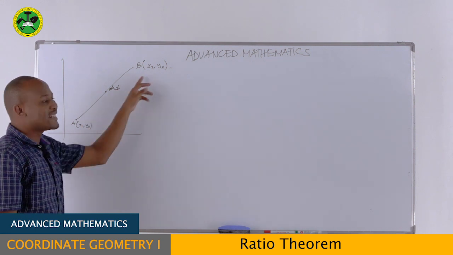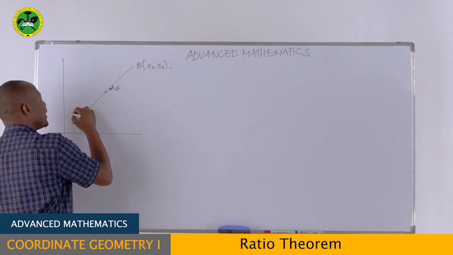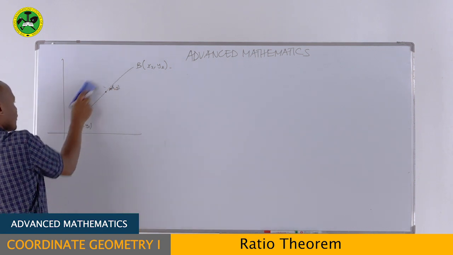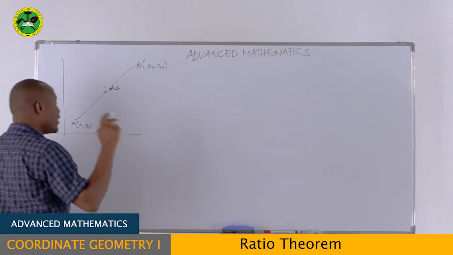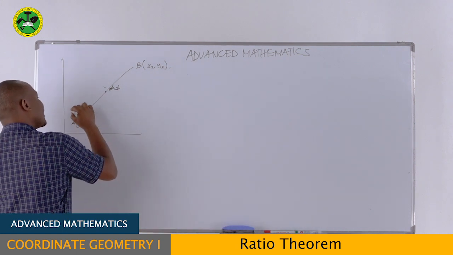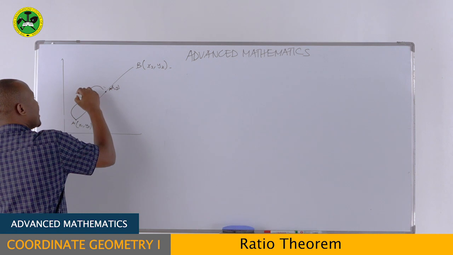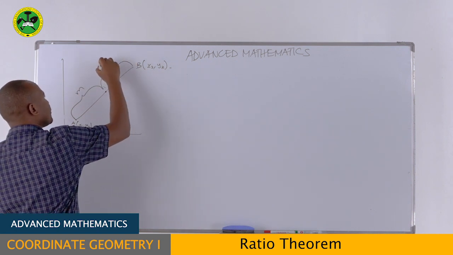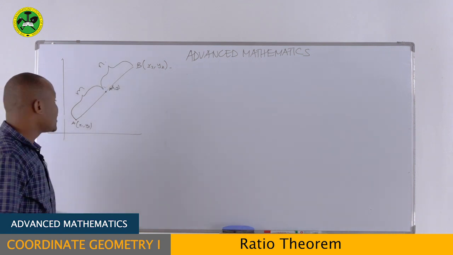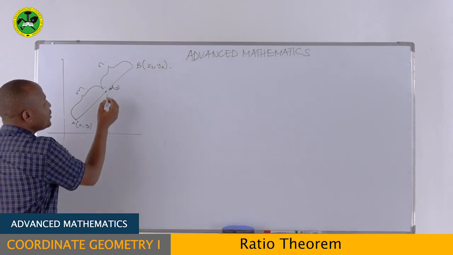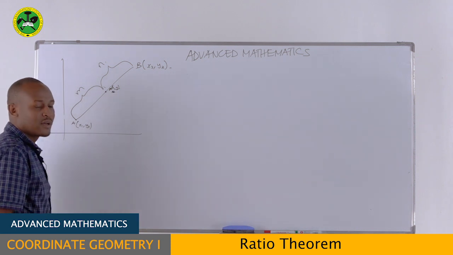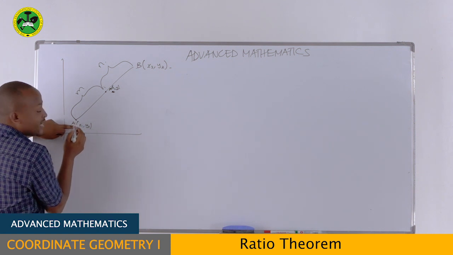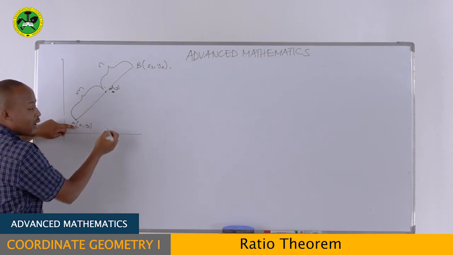So as this line segment could be divided in a ratio m to n, this is what we are trying to see. Our aim is to get the values of those points. Now let's see. From this point x1 to point x,